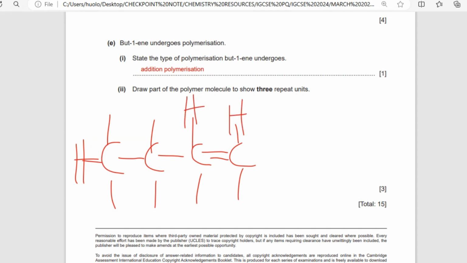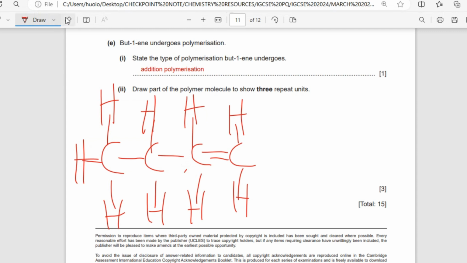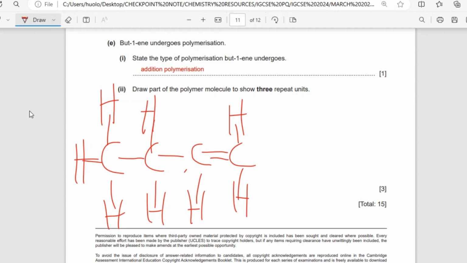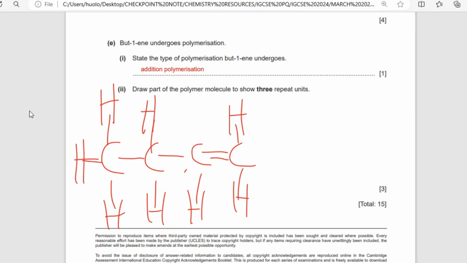Okay, so if you are going to do anything polymerization, what you are going to do is to this end. Oh, sorry, I've just killed chemistry. Okay, that is too much of bond for that carbon atom. Every carbon atom must always have 4 bonds around it, so that was too much. Okay, so when you are doing